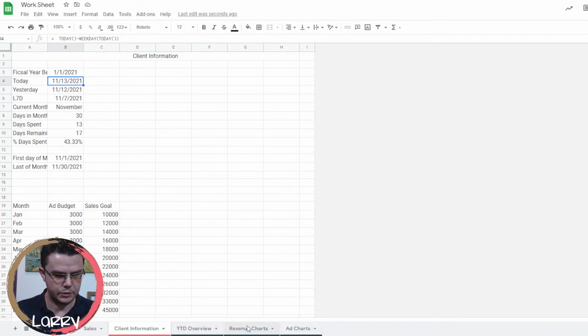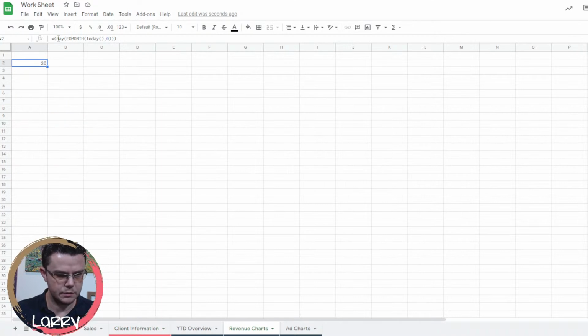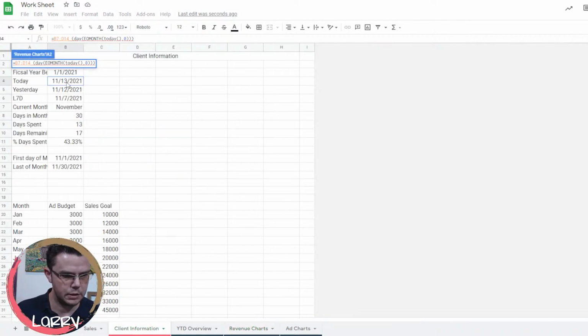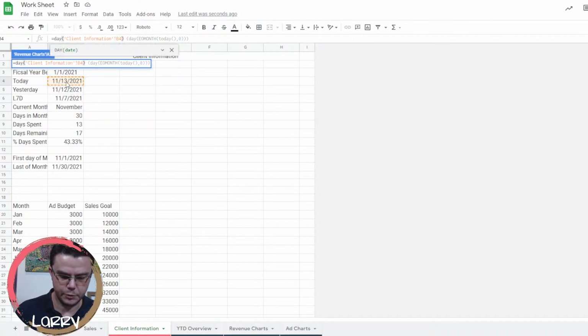Go back to revenue charts. I need to... client information. That'll give me today. Boom. Oh, I need to put that in a day. Day of this one. And the reason I'm doing this is because when I automate this, I don't want to be doing this all the time. So our current month process, we have gone through